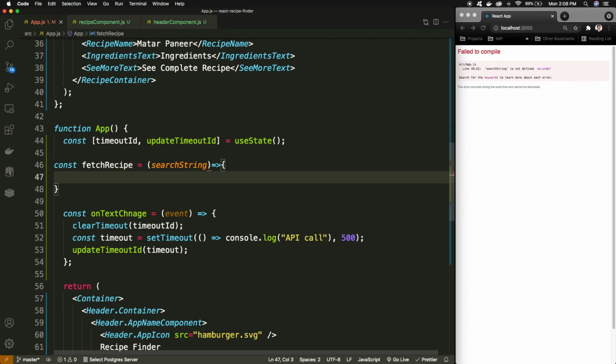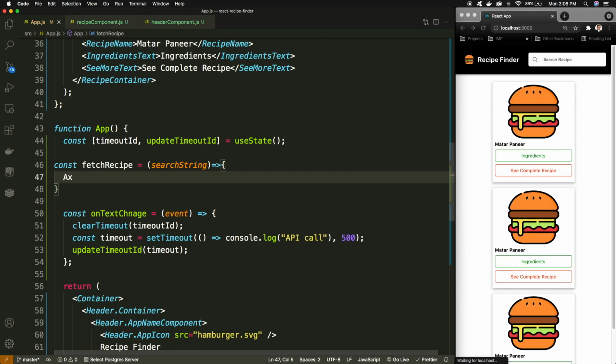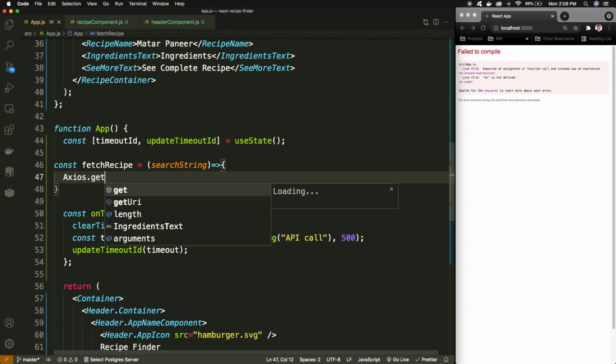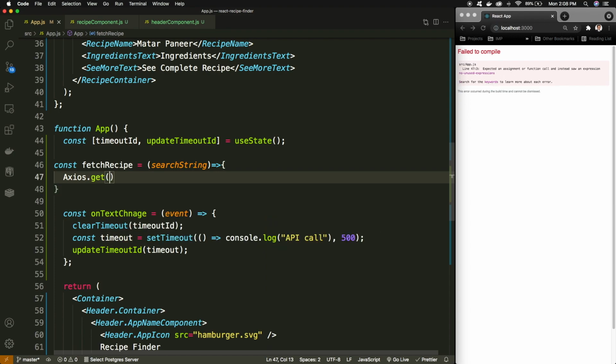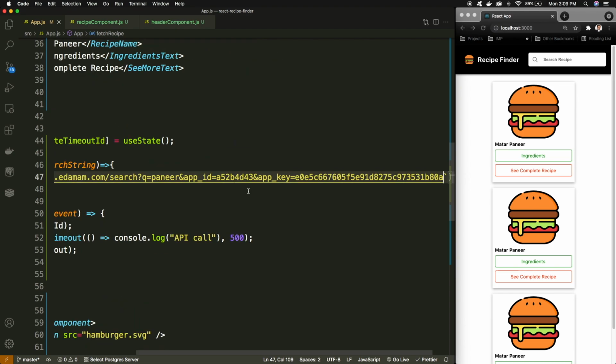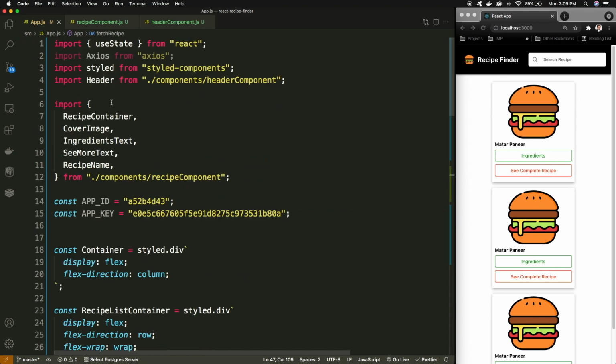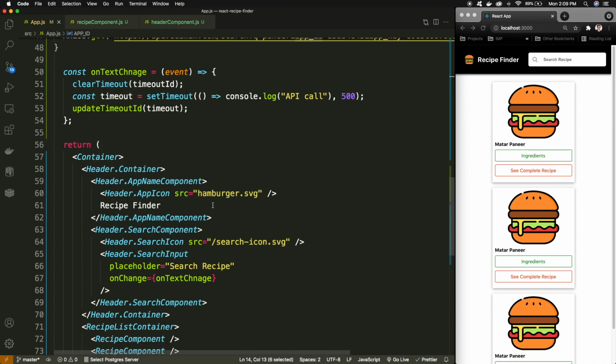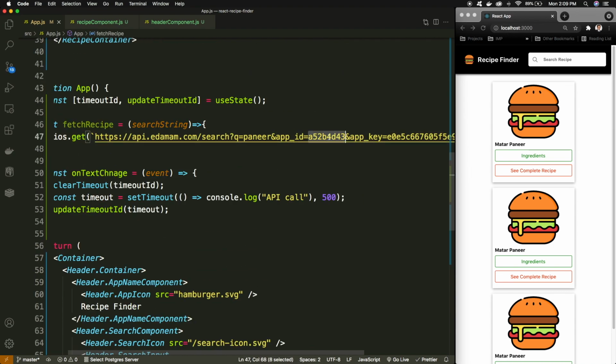And in that API call we are using axios.get, because that is a get URL. And in that part I can simply provide the search string, as we have the app ID and the app key in the constant part. As I have used the template literals here, I can simply write dollar and the curly braces, and I can pass the app ID. Similarly I can pass the app key,